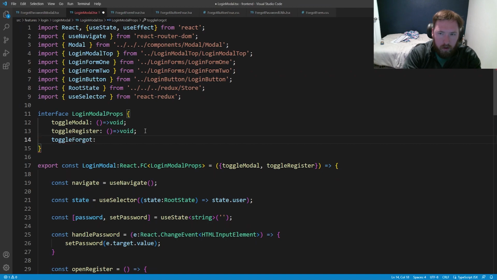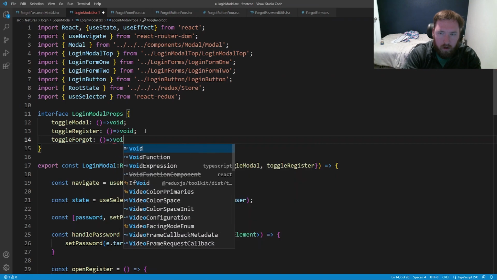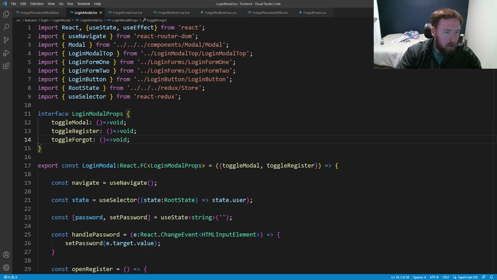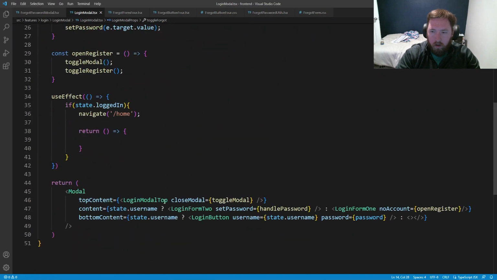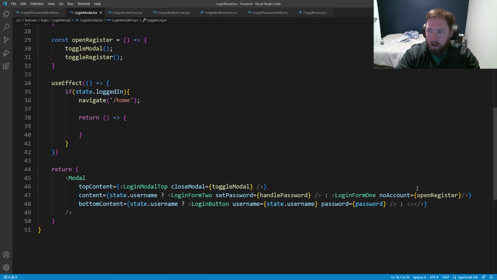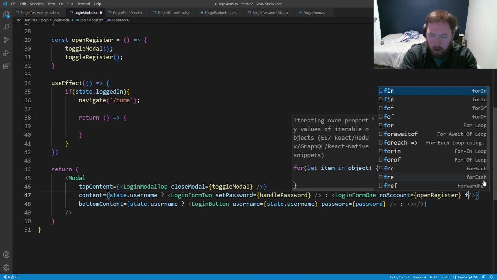And this will be a void. And this is how we're going to open and close our forgot button. Now we're going to scroll down and add a forgot into login form 1. I'll go ahead and word wrap. And in here, we're going to add a forgot